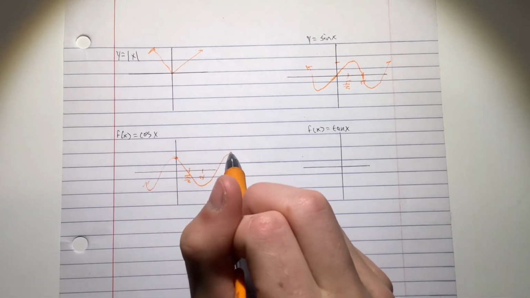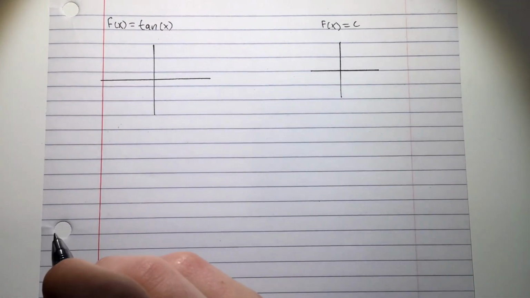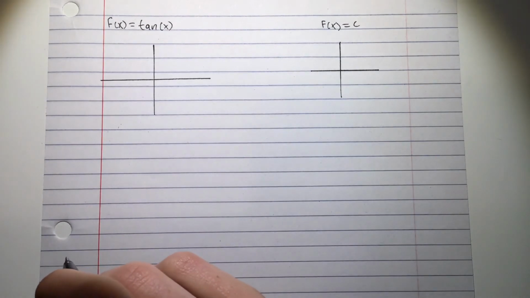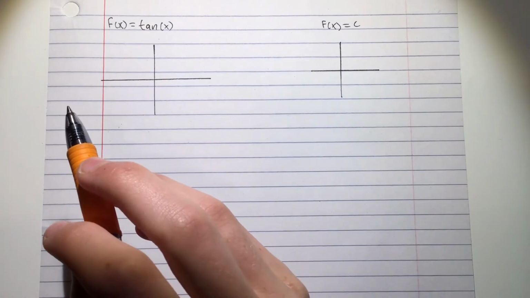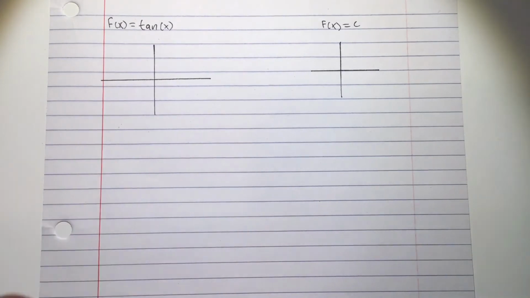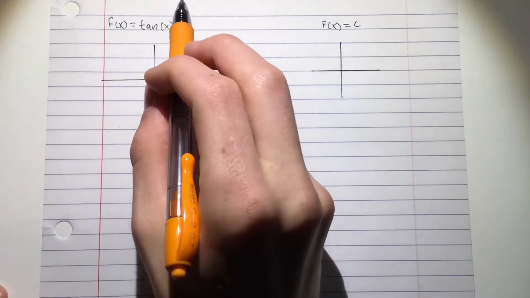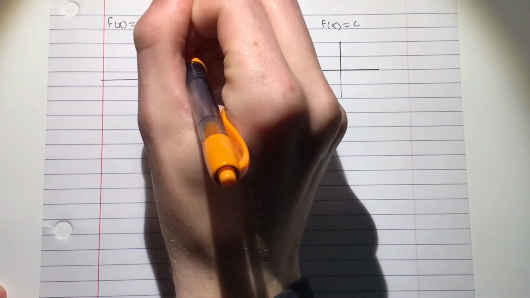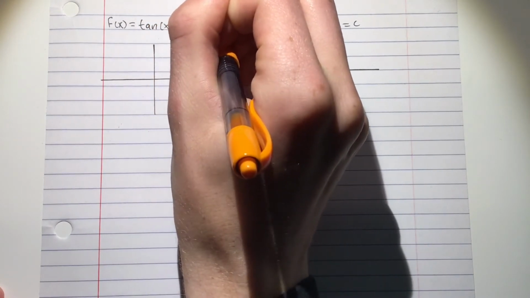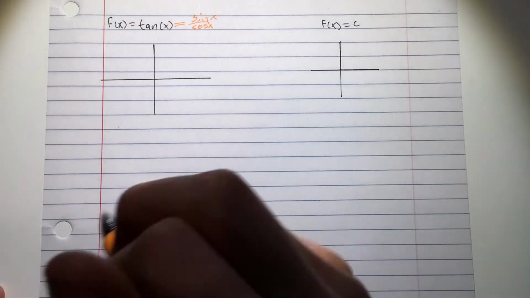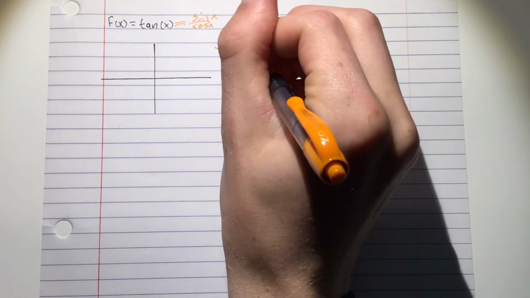And there's those two. And our last trig function is tangent of x. I know there's other ones out there, like the reciprocal ones, like cosecant, secant, cotangent, and all the inverse ones, but you don't really have to have pictures of graphs of those memorized. It's just the three basic ones, sine, cosine, and tangent. But if we rewrite tangent as sine over cosine, now it's easier when we pick values. So if we make a table of x and f of x,